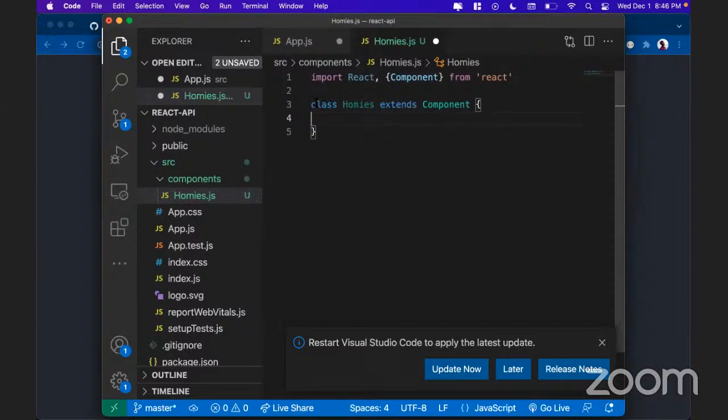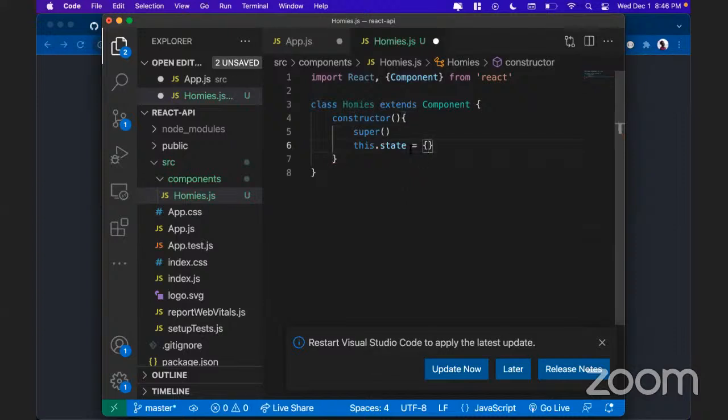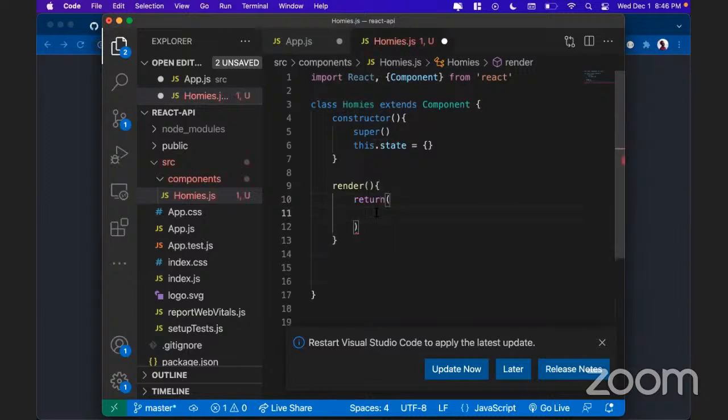Dope. So we have this class that's extending Component, and like I said, I'm gonna make this a class-based component. So I'm gonna put some of those basic things inside of there. I don't know what I'll use the state for yet, but I'll just make an empty state for now. And inside of the class, the only thing I need is a render function that returns some JSX. So here, I'm just gonna return a really simple little div. I'm gonna say my homies, and